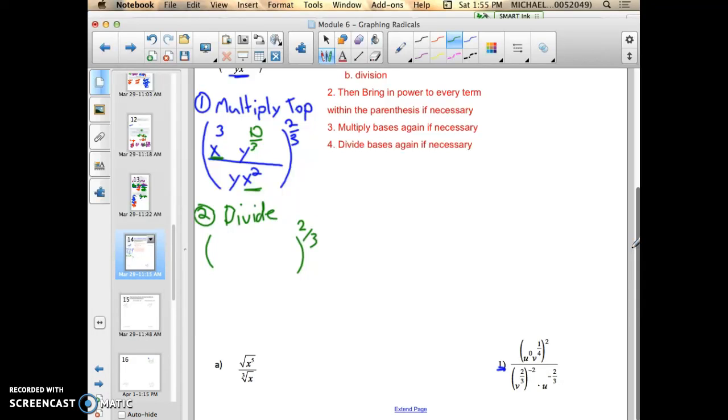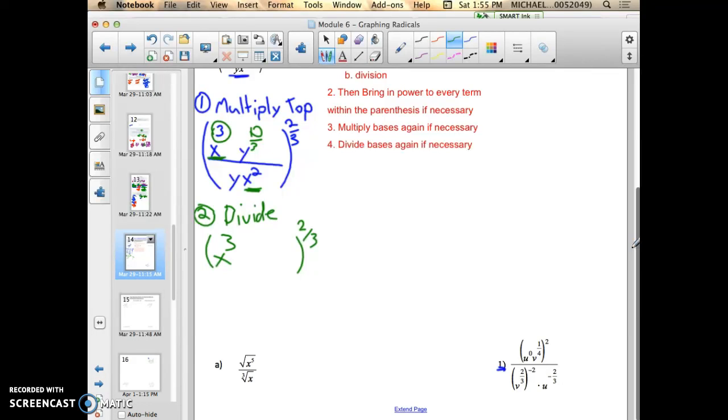Now yes, you might ask, well, they're in different spots. Does that matter? No, multiplication, you can move things around, the property still remains the same. I have a base on top with the same base on the bottom, so I have to divide those bases and subtract their exponents. So I'm going to write x to the numerator first, so the numerator's power is always first,